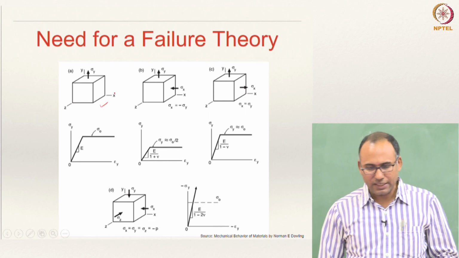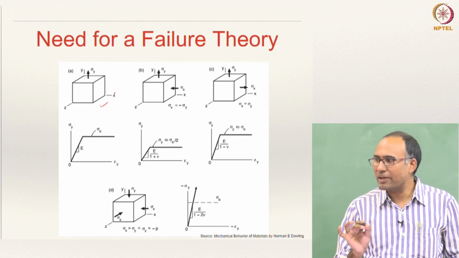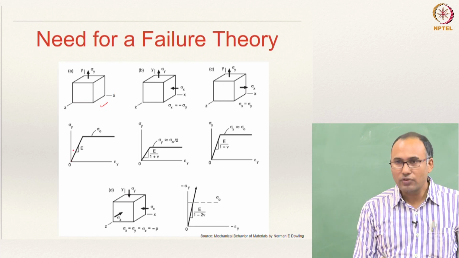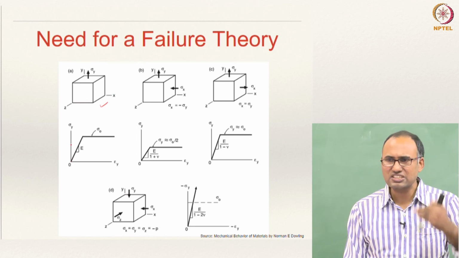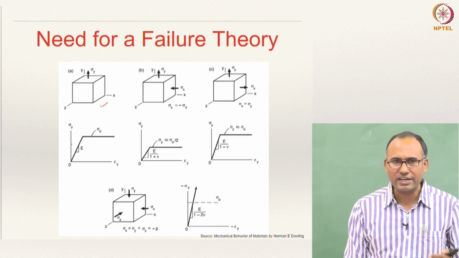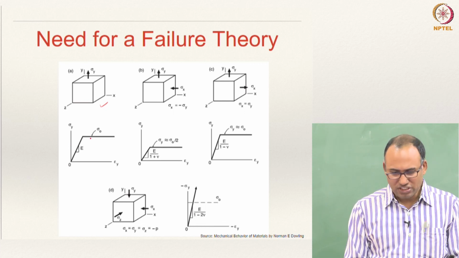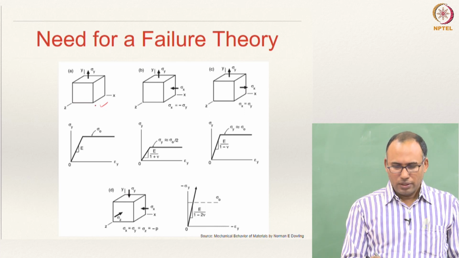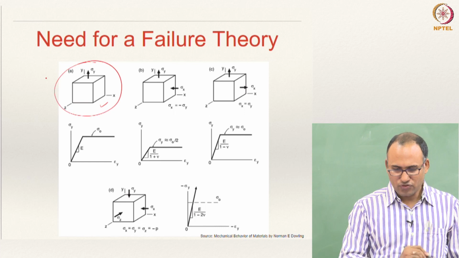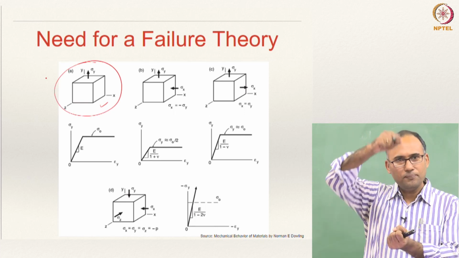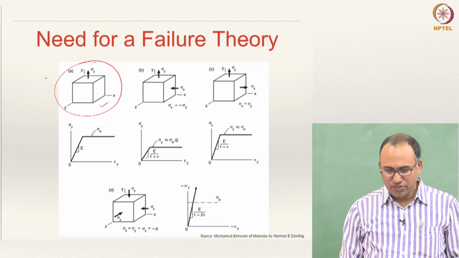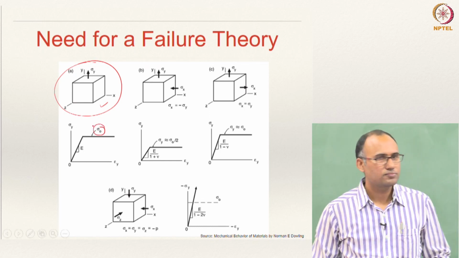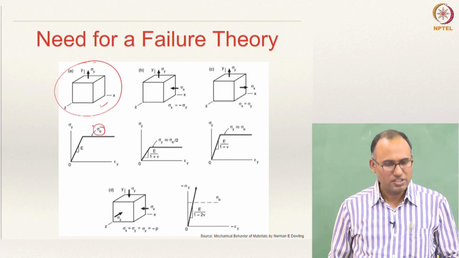Here we are considering a material which is elastic perfectly plastic. Elastic perfectly plastic material will not have hardening, right. That is what we have discussed in the previous module when we looked at the mechanical behavior of materials. So, this is a typical elastic perfectly plastic material, and now in the first figure we are applying uniaxial load, and you observe that the material yields at sigma naught, that is, sigma naught is your yield strength.